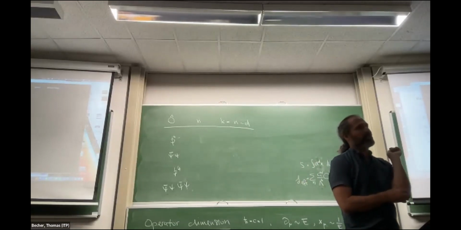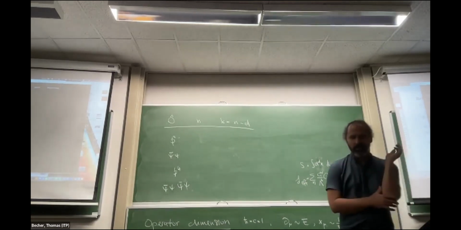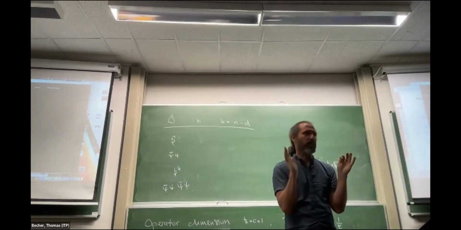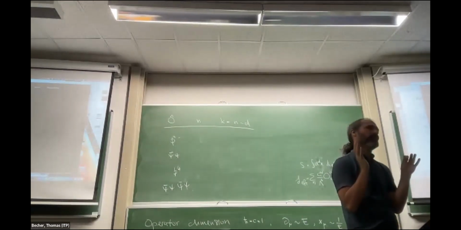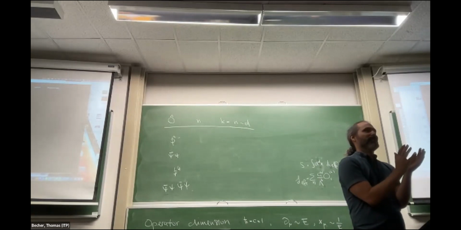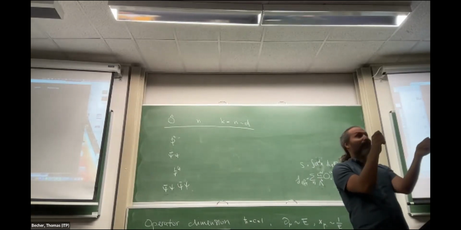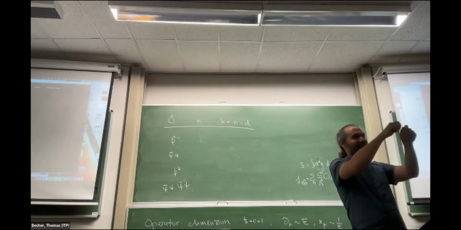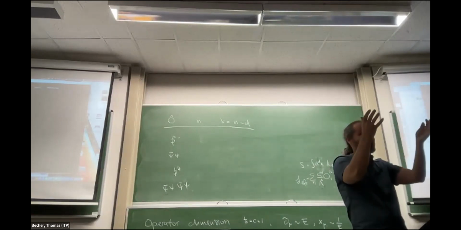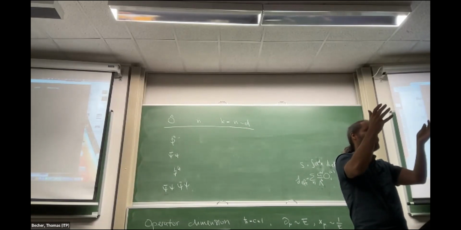Maybe a more crisp question: is there some physics where we have to use a non-local theory? Yeah, this local versus non-local is in some sense also a bit how you look at it. So Fermi theory is in some sense, if you say, well, there's the W, in fact non-local, because there is actually this propagator in between. If you would take the full propagator, it would be a non-local theory.